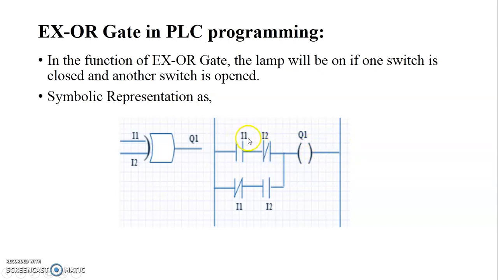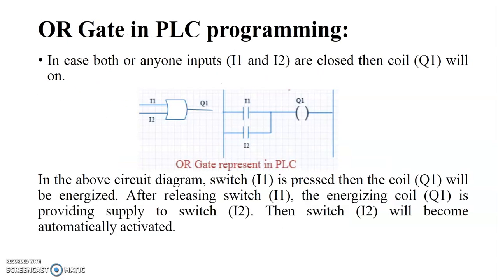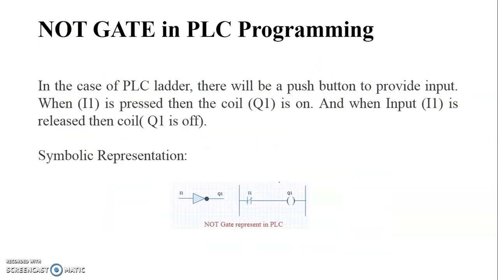Suppose now you take 0 here and 1 here. 0 means this is open and this is closed, and here 0 means this is closed and 1 means this is closed. That means through this path we are energizing this coil, so we are getting output as 1. In this way you can verify the operation for the remaining two combinations. So this is how we implement the various gates using the ladder diagram.